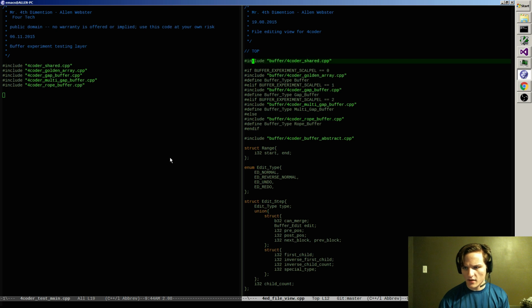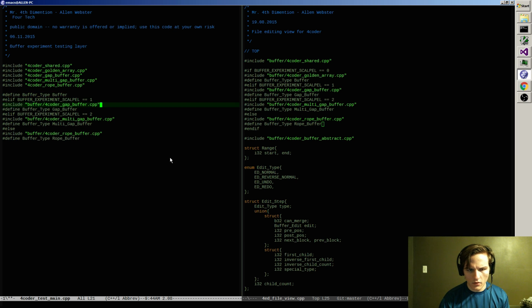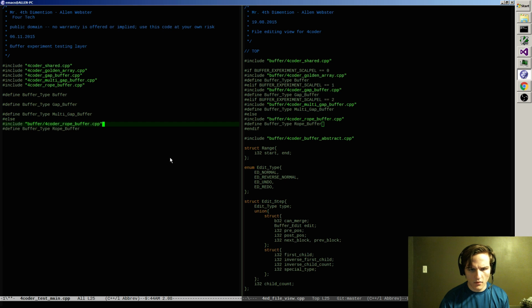I also need something kind of like this, only now I don't include this at each stage. I don't need this part, or this part, or this part.